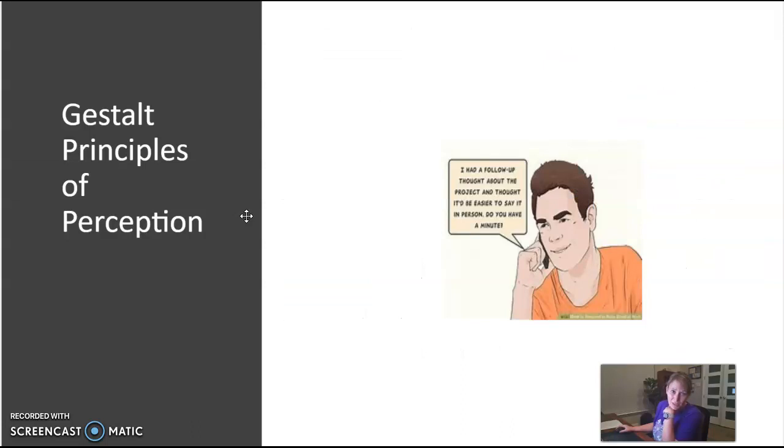and mental state. This is our third learning objective. And the best way I can describe this is how we perceive things depends on our mood. We can be given the exact same stimuli and perceive it in different ways. So my best comparison or my best example of this would be if someone sent an email and said,